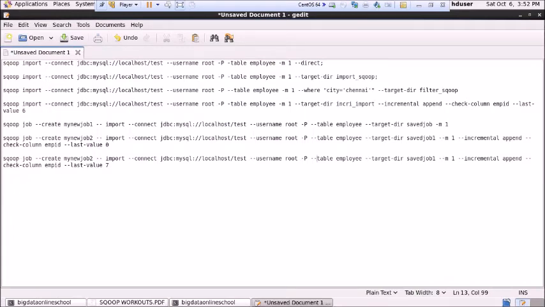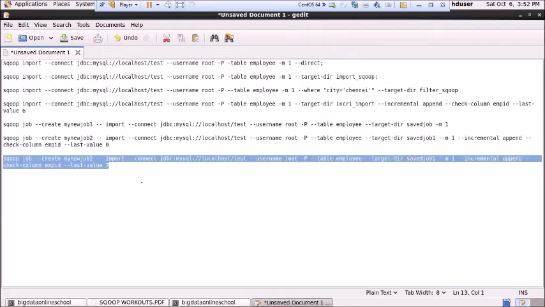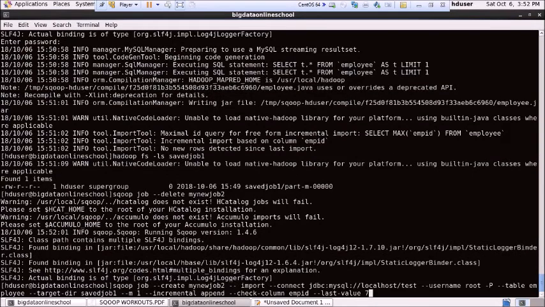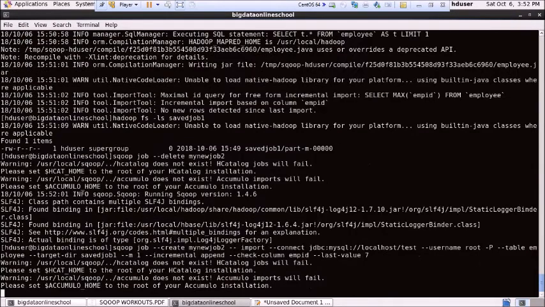What happens here is I'm going to create a new job for my new job 2, and I have asked to import the data with the help of the JDBC connector in MySQL and the test database, from the table called employee, into this target directory called save job. Here it should be loaded. And now I'm putting incremental append, and the same thing, check column as employee ID. If I put this command, first of all it will ask me for a password,